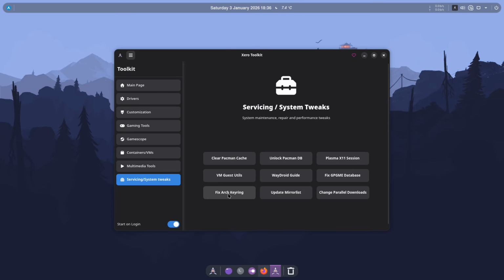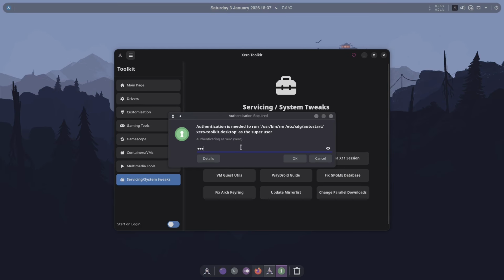This is for any key issues: fix Arch keyring, update mirror list, change parallel downloads. The default parallel downloads are set to 6 because I don't have a fast connection. I cannot use more. But if you want to set it to a million, you can do so with this button. And if you want to stop this toolkit from running on startup, you just click that, enter your password,